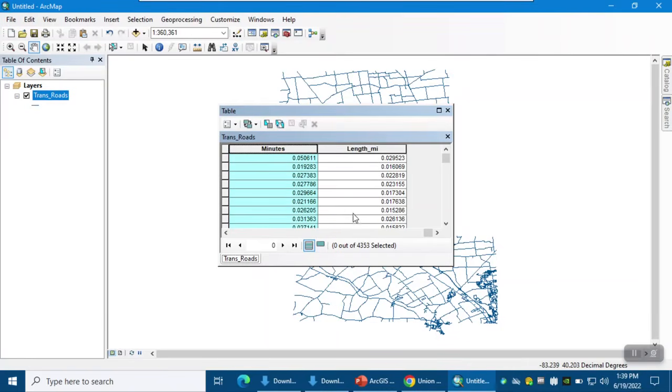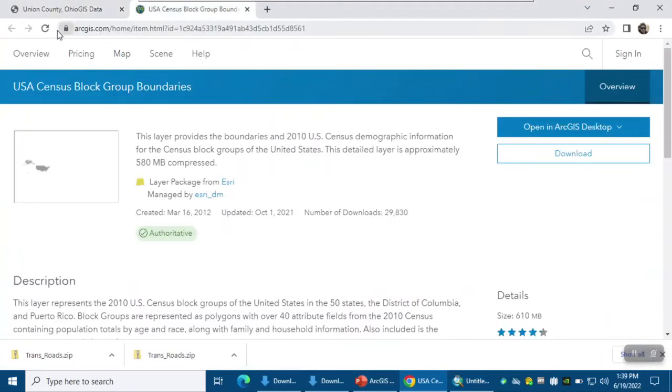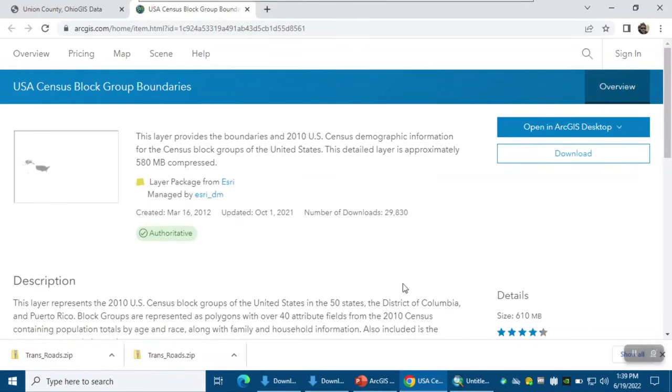The next layer or shapefile is the block group in this county. You can obtain the block group information from this website. Again, I provided the link in the description. It's for the entire United States, and the reason I use this one is because it also has population information. So I have already downloaded this information for the entire United States, and I then clipped that with the Union